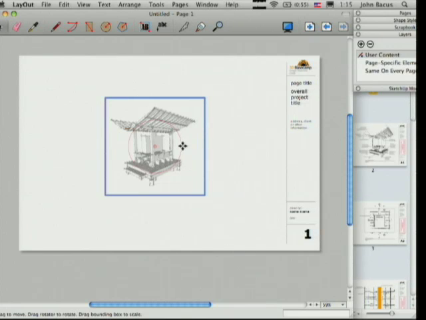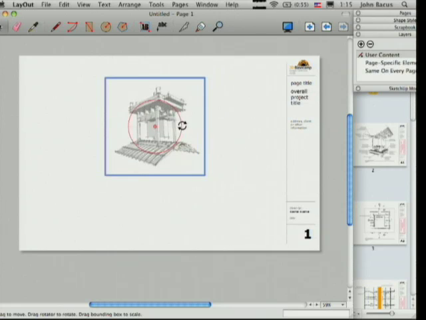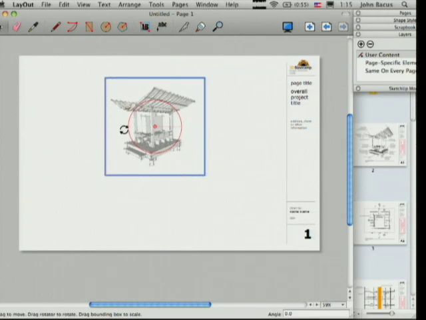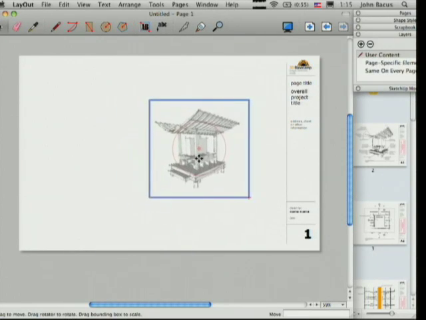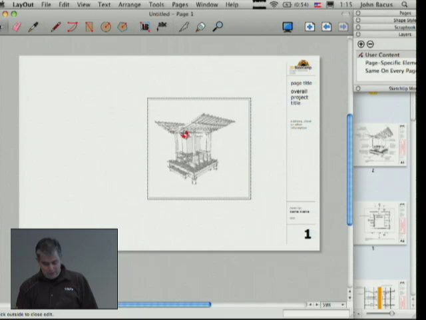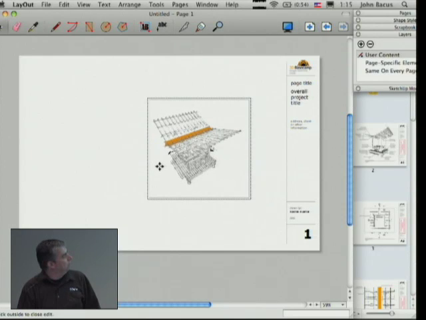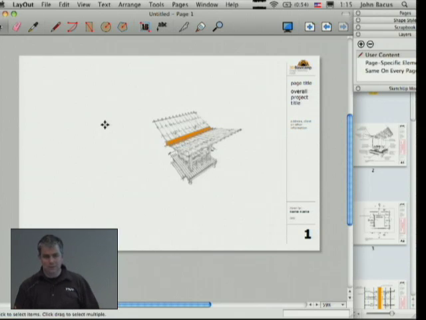I can move it around on the page. I can rotate it, you know, upside down, whatever. I don't know why I would want to do that actually in this particular case. But it's also still the 3D model as well. So if I double click on it, kind of like opening a SketchUp component or group for editing, now I'm actually in the 3D model here on the page, right in context. So I could pick a different view, then click outside the model, and that causes it to render into the